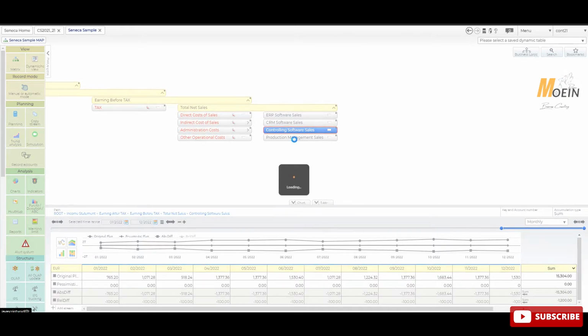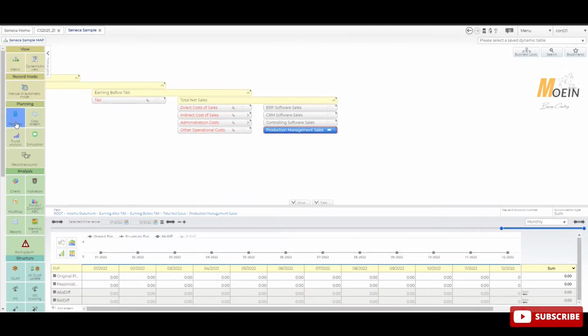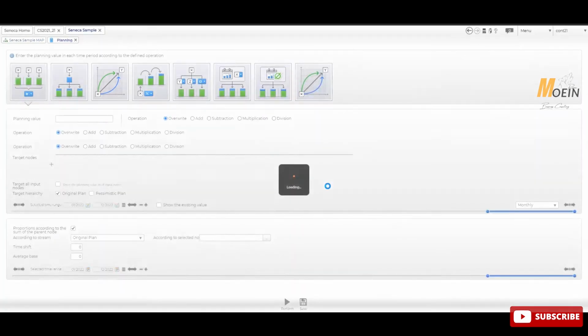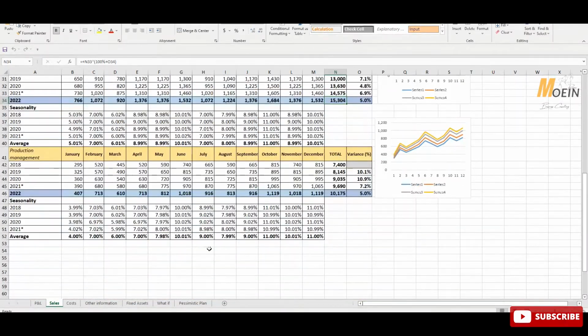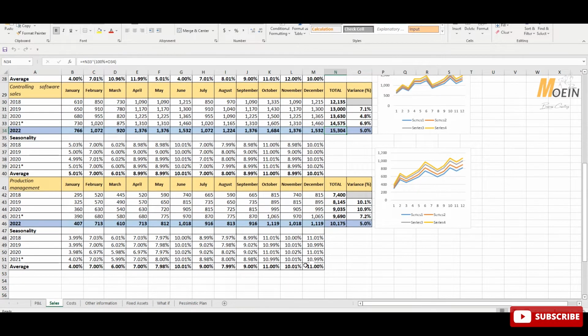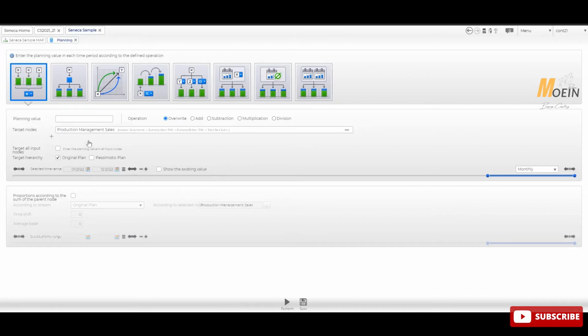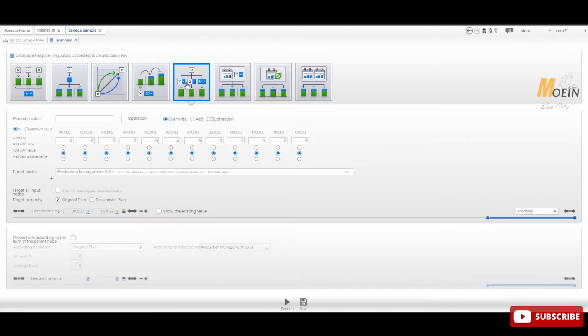And the last one that we have is production management sales. Go to the planning, new, and let's see what do we have here. Again, distribution by different months. We have different amounts. The total number is 10,175. So going back to the Seneca, select the fifth one, 10,175, and for the January to December distribution is